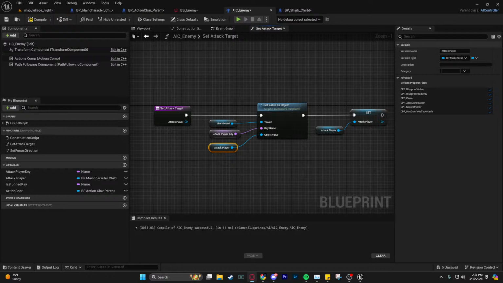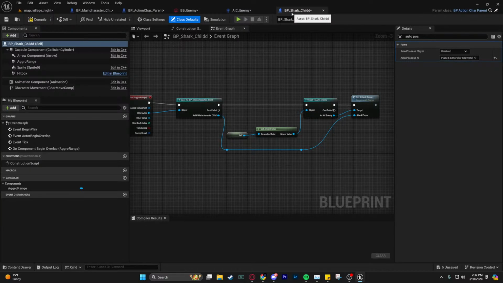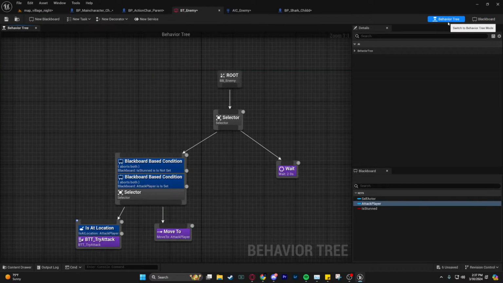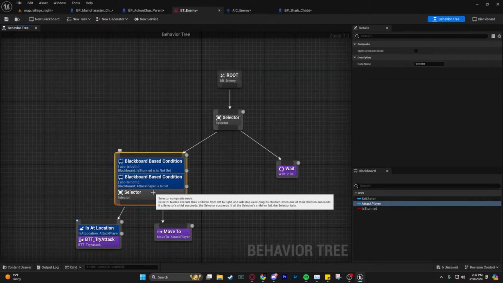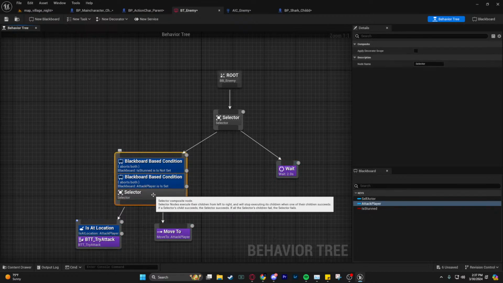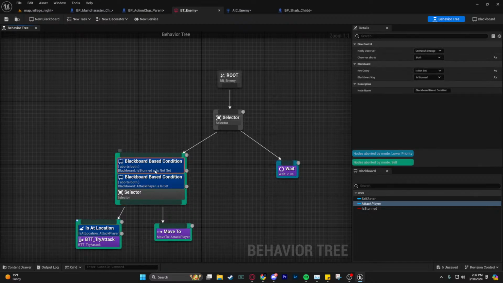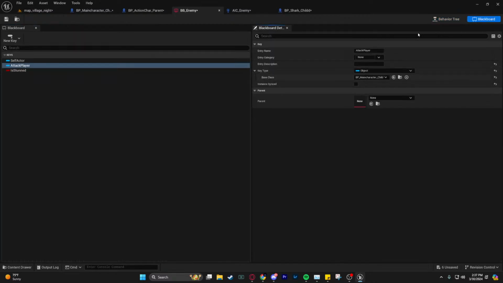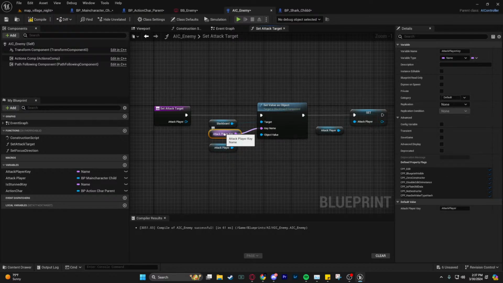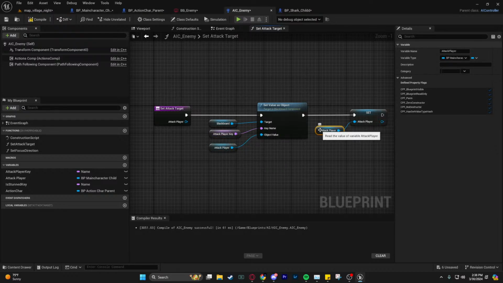And yeah, a good way to do this is to drag off and promote to variable, and just call it attack target key, and compile and save. And now, very important not to forget this, we need to set the default value here to attack target to have the same name as this one to create the connection. And we then also want to connect this here to create a parameter and input here, and I'm gonna call this attack target,